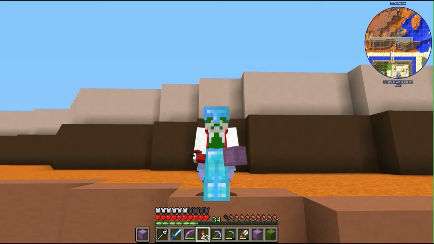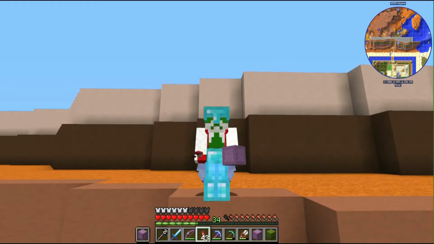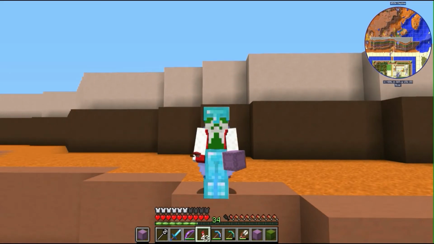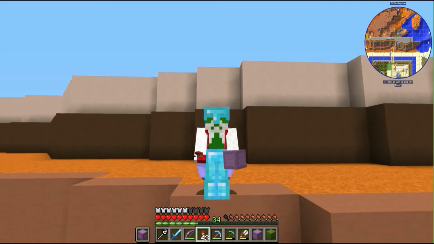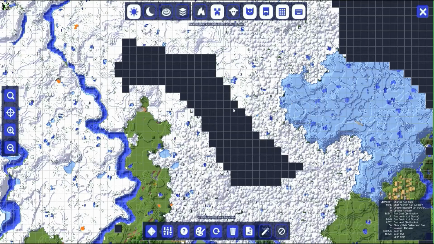And as you can see, I am all ready for the Christmas season. My inventory's full. I can't take off my armor right now, but yeah, I am all ready for the Christmas season. So we are going to be heading out to, let's see, get out of F5 here. I have selected a